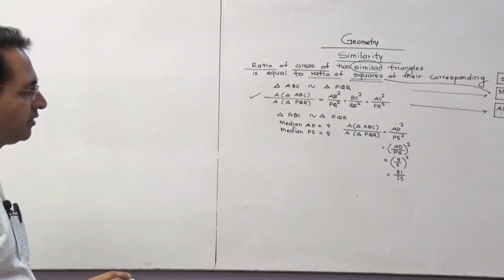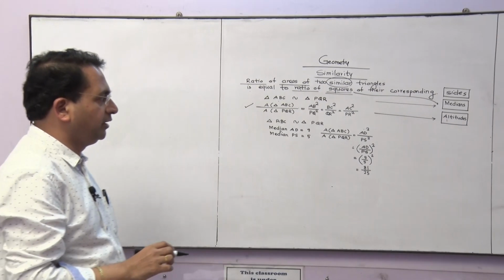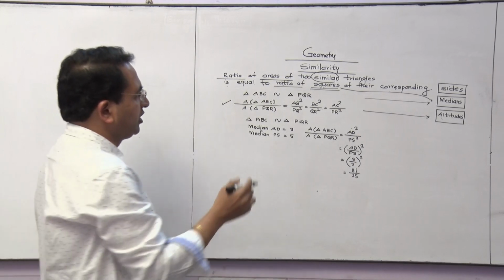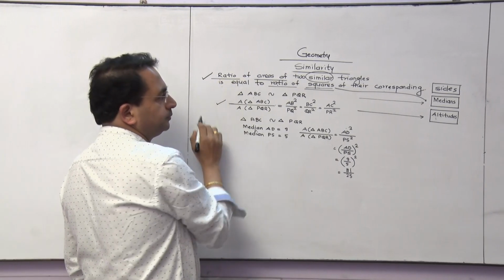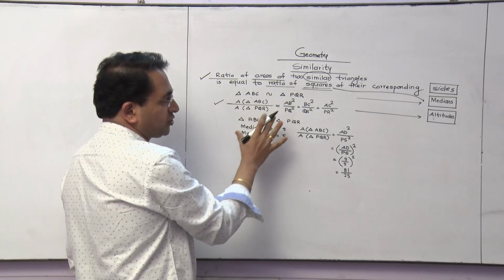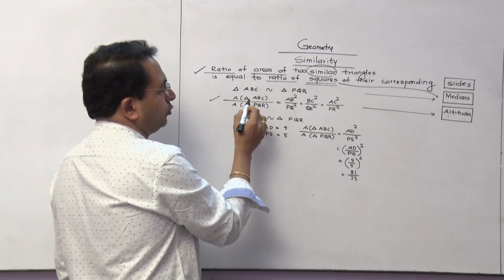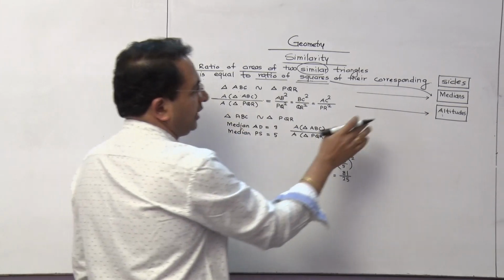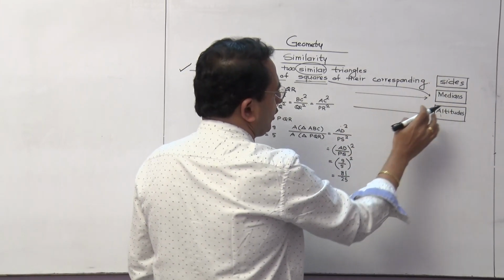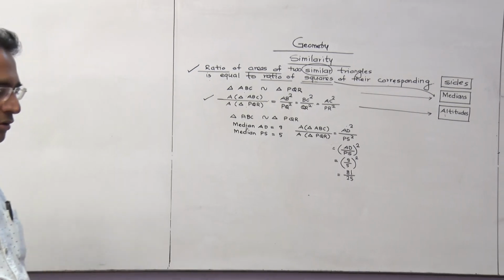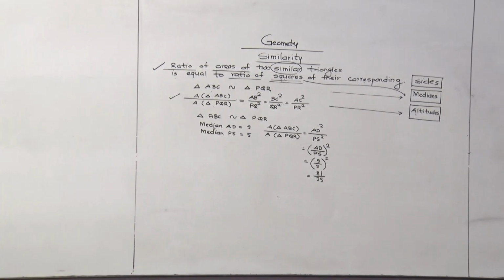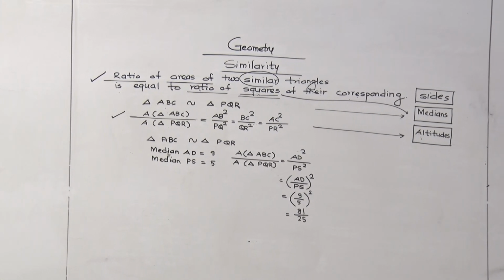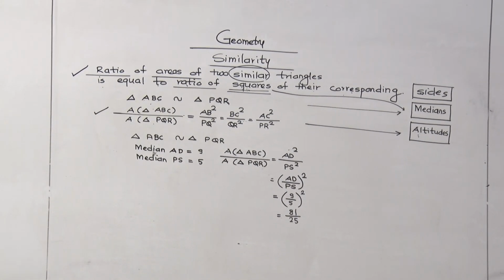This is a major part which you have to learn and keep in mind, because if they ask you the theorem, then straight away this can be for 3 marks. But the questions based on this, where one side is given to you, areas are given, find the other side, these kinds of questions related to sides, medians, altitudes are asked for 2 marks. So please keep this particular theorem's logic in mind. We will try to solve one more sum based on this.